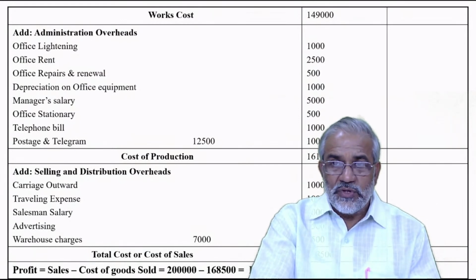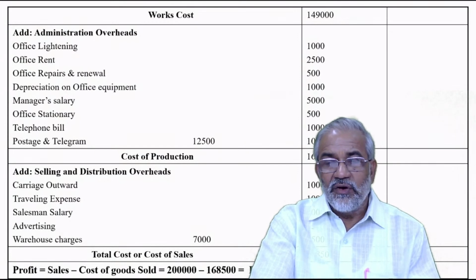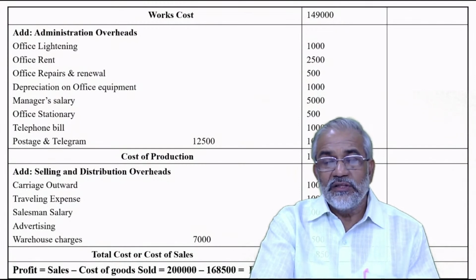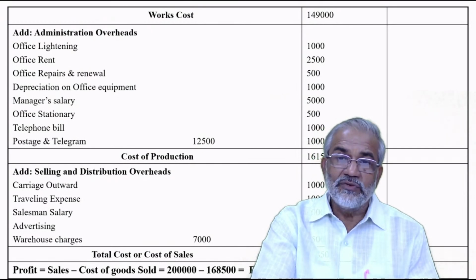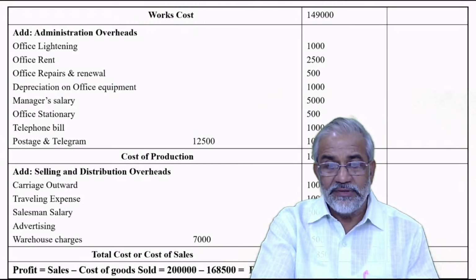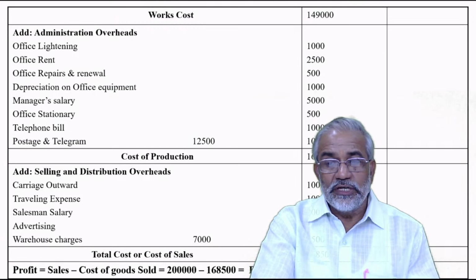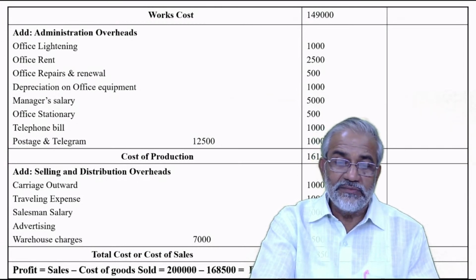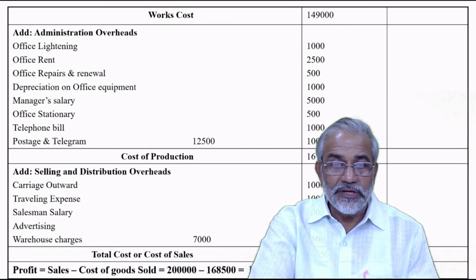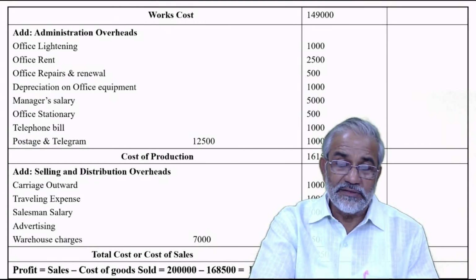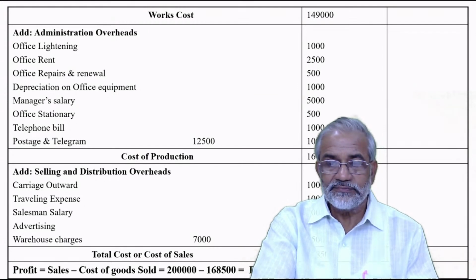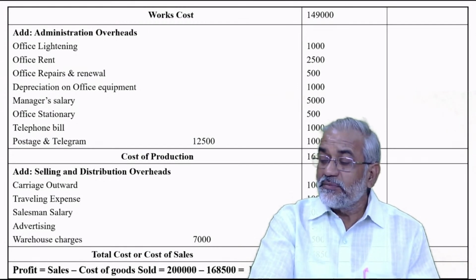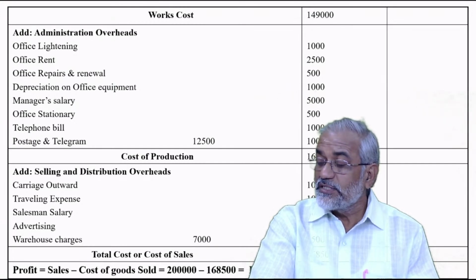But for your reference, you can note that if it is 100 units, then all the components of cost have to be divided by 100 to determine the unit price. If it is 1,000, then all the components have to be divided by 1,000. If it is 10,000, then all of them have to be divided by 10,000, and accordingly the unit cost would have been arrived at. And finally, the profit per unit would have been arrived at, just as 31,500 is arrived at as the total profit from the entire production of the product, for which we have prepared the cost sheet here. So this is about the preparation of the statement of cost, which is otherwise called the